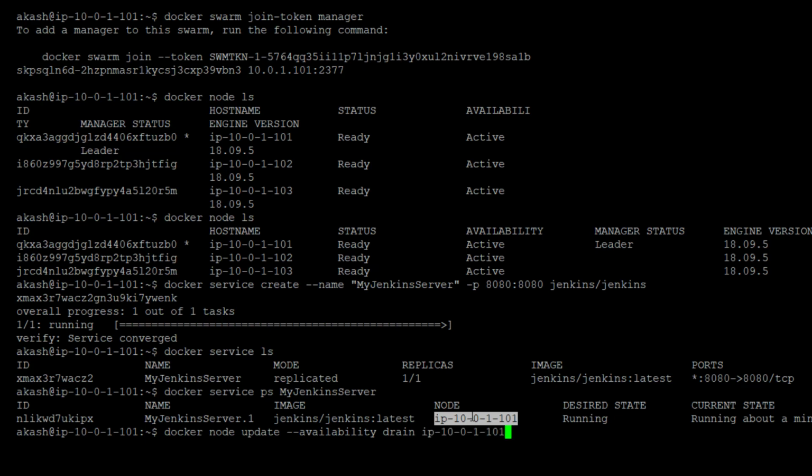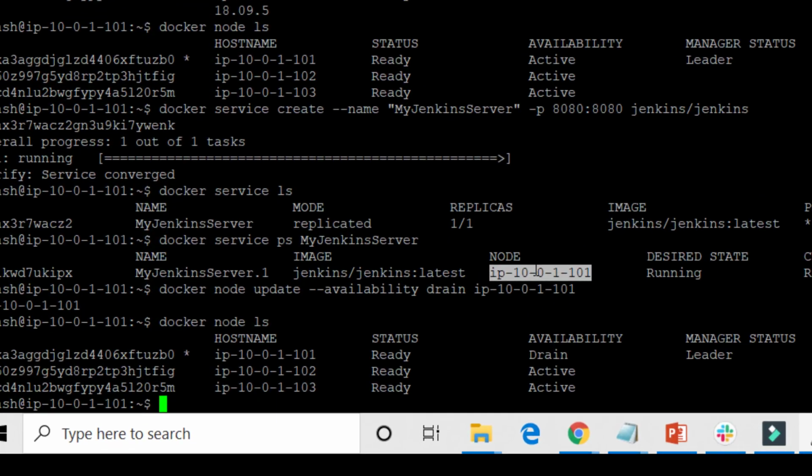Here in this case the name is the IP and then the private IP. If you go to docker node ls, you can see here that my manager is now drained. So as part of the cluster, my manager will not be participating in any service creation. It is only there to manage all your worker nodes and the health of your worker nodes.